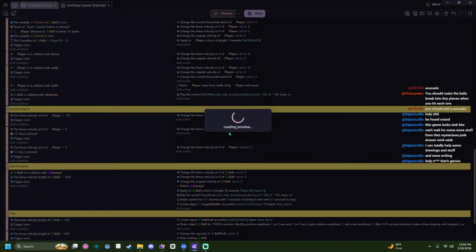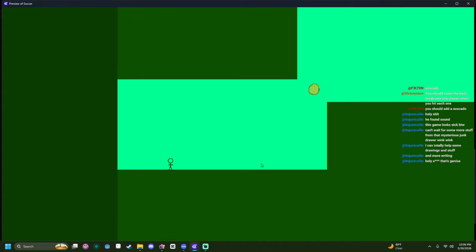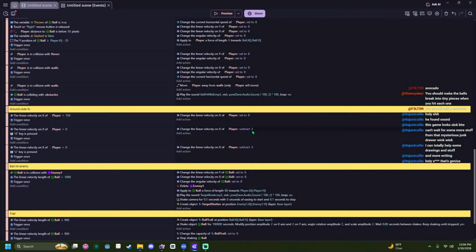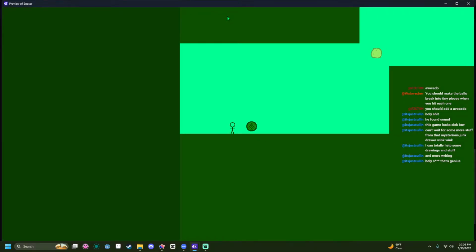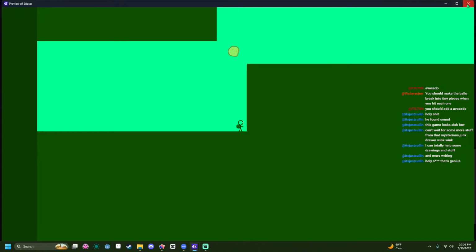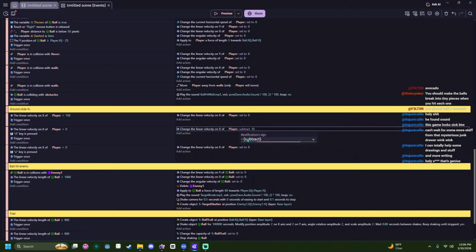Oh yeah, we have to hold it until it goes away. Okay, fuck it. Just set it to 0.